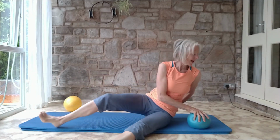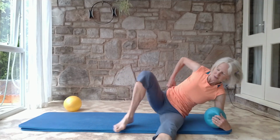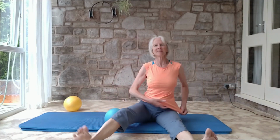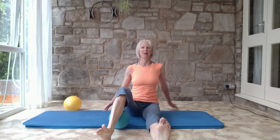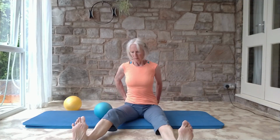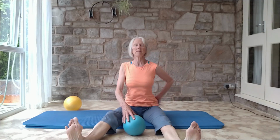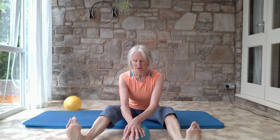Okay, from there we are going to come into a little bit of sitting. So, legs lengthened out, slightly wider than the hips. And to start with, do have soft knees if you prefer, or sit on a cushion. And we're just going to literally roll the ball slightly forward, not without tension, so not